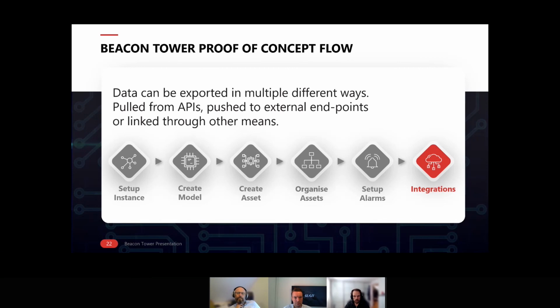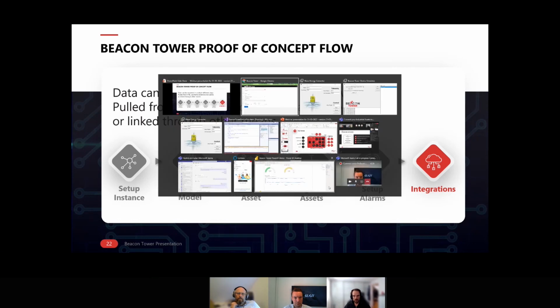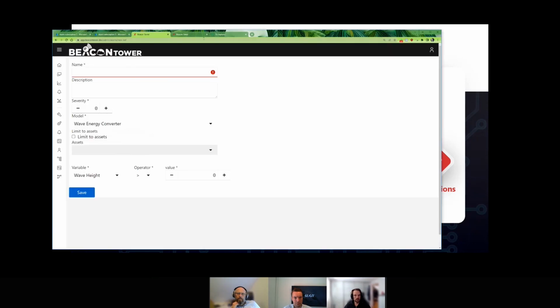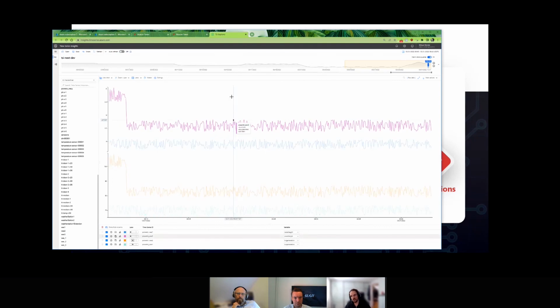And if you do work with Power BI, that comes out of the box as we are using Time Series Insights as our time series database in Beacon Tower. Time Series Insights. So in Beacon Tower we have